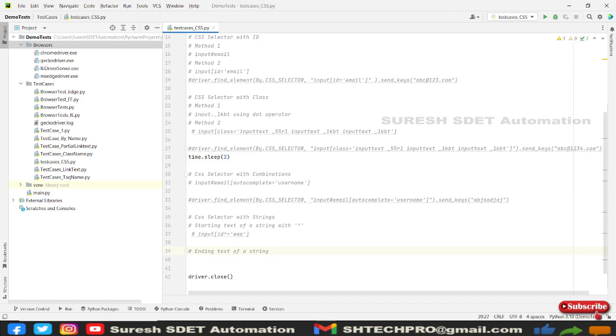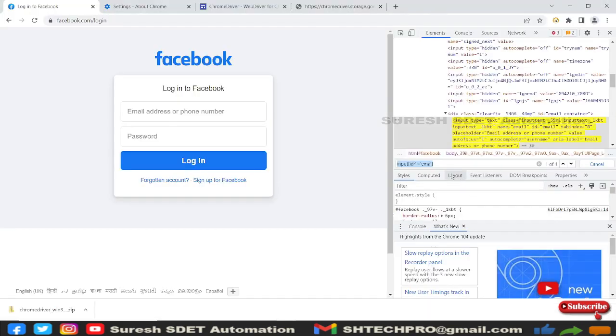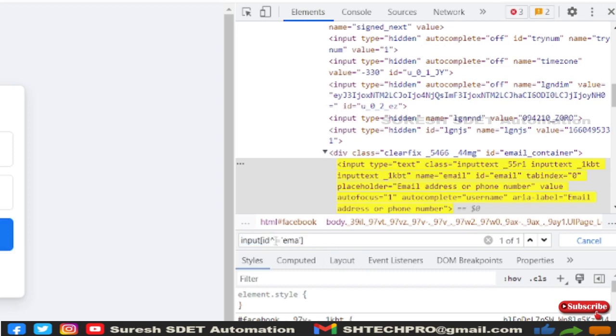To find the ending text of a string, you can use this dollar symbol. How can you take that? Go back to the browser again, and here I want to use a dollar symbol with the same kind of syntax. So I have a node, then ID, then dollar symbol, then the ending of the